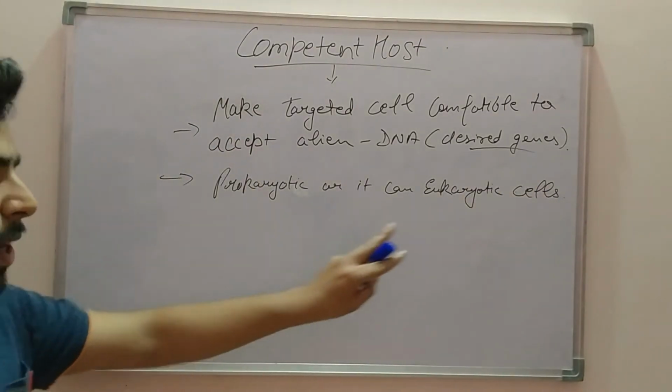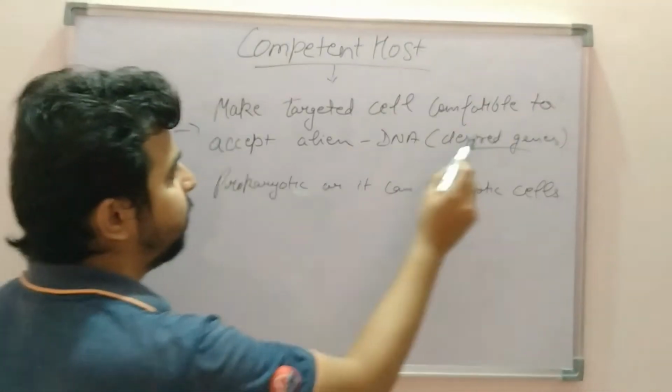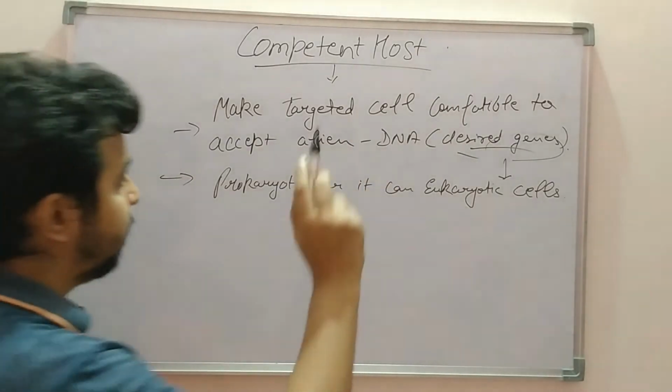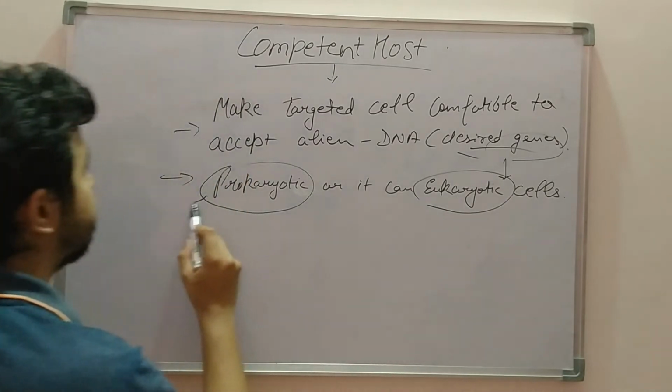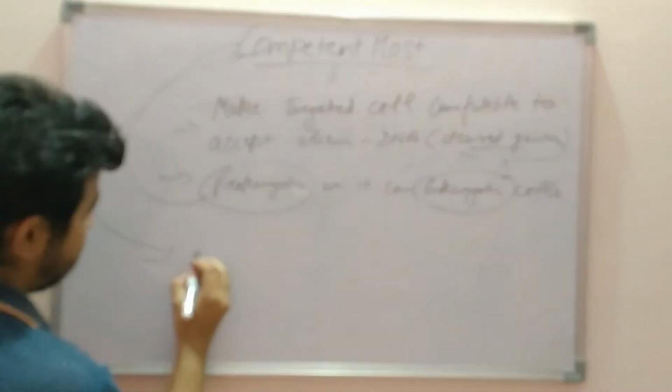So eukaryotic cells or prokaryotic cells can be the host into which the alien DNA with the desired gene is to be inserted. And this is not a simple method. That's why we make these prokaryotic and eukaryotic cells competent. Competent means that they increase the efficiency